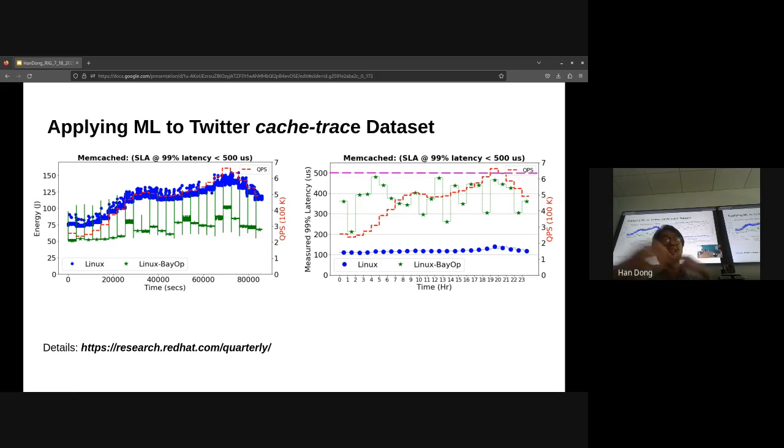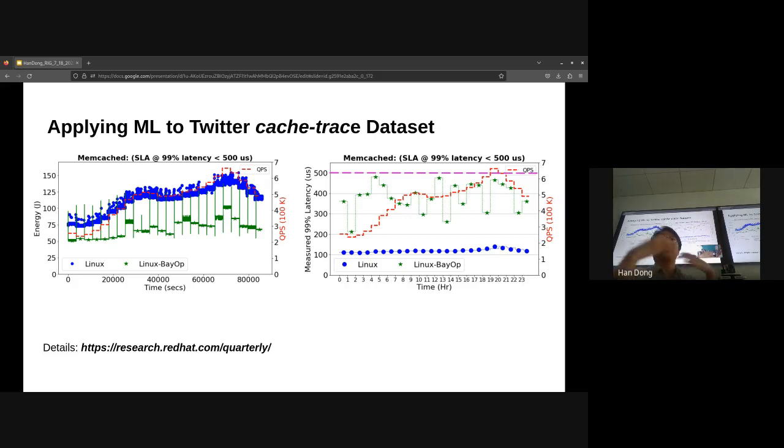And the figure on the right shows where the trade-off is happening, because it shows the actual measured tail latency. In this case, the SLA we're going for is that 99% of your latency has to be under 500 microseconds. That's where the pink line is for the figure on the right. So we can see that